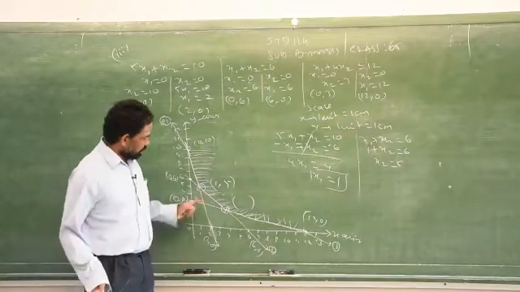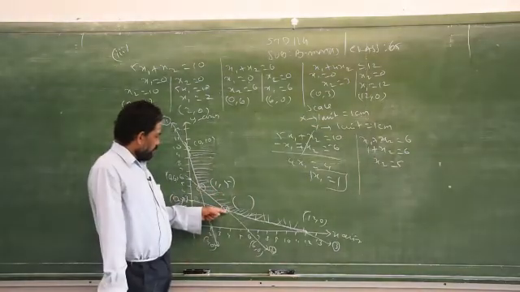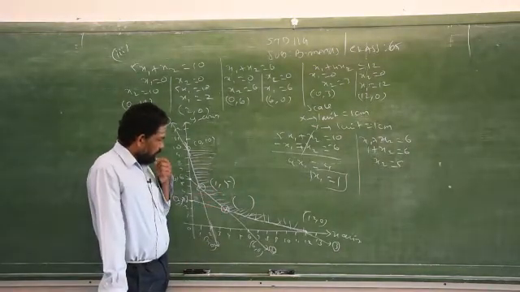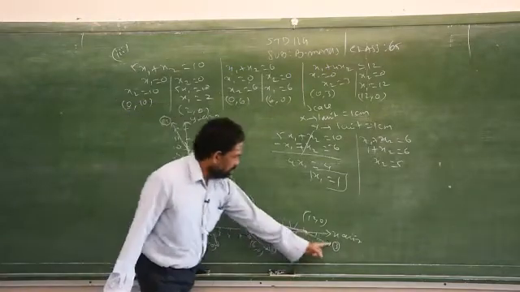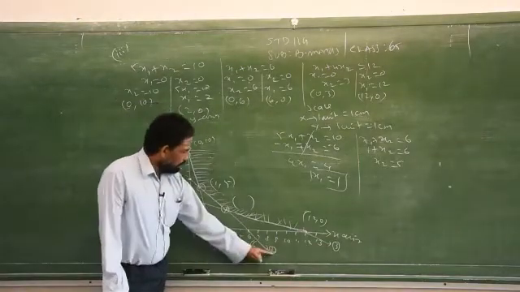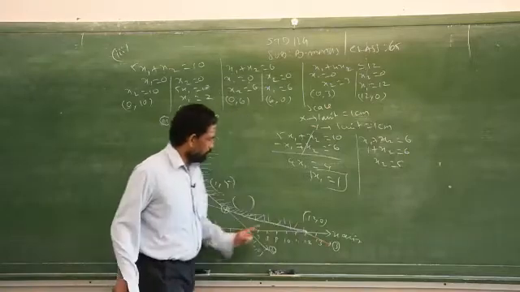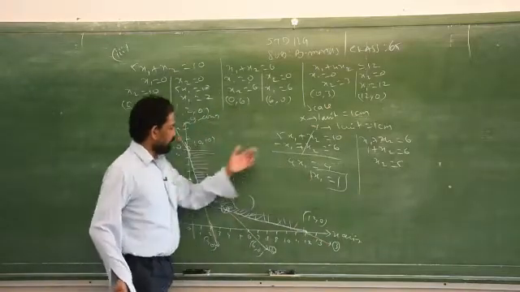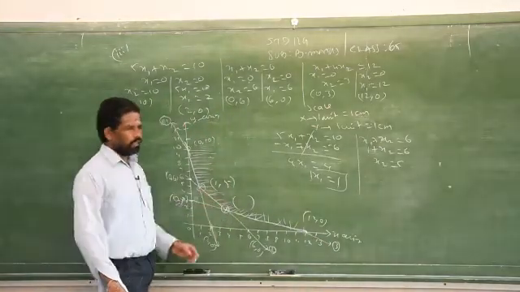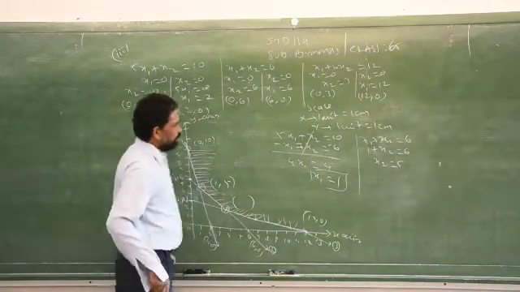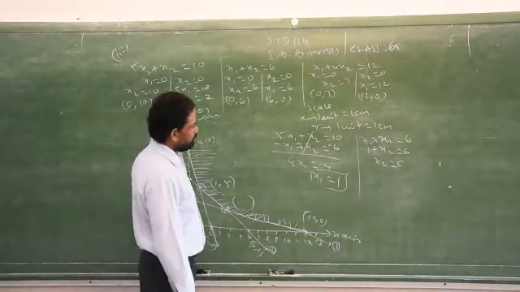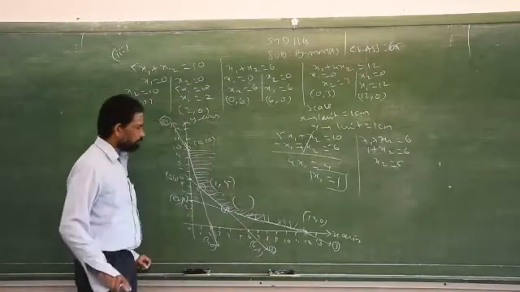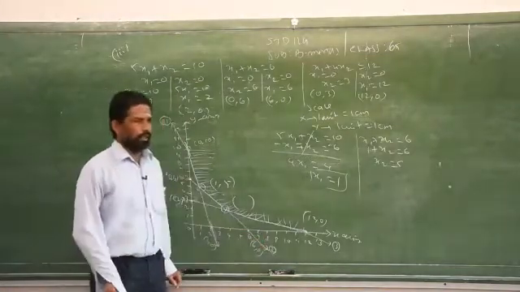Next, I need one more intersecting point. Through this intersecting point, which lines are passing? Equation number 3 and equation number 2. So now take equations 2 and 3, apply the elimination method, plot it, and check whether your answer is correct or wrong. Clear? So now apply the elimination method for equations 2 and 3.